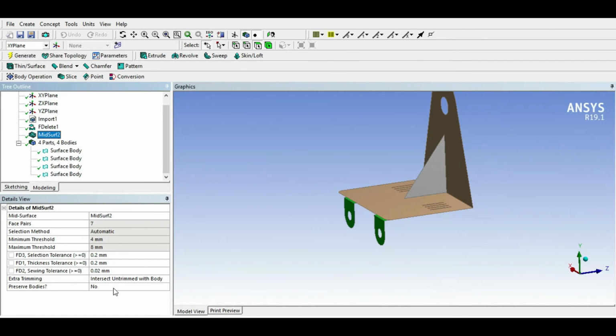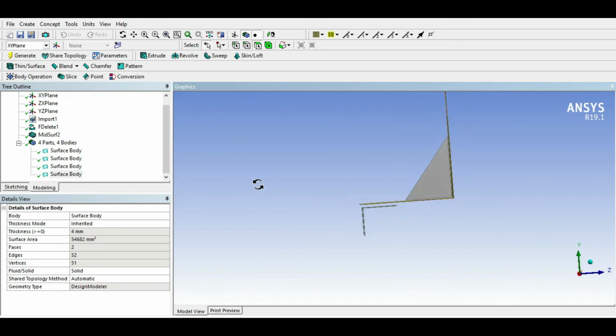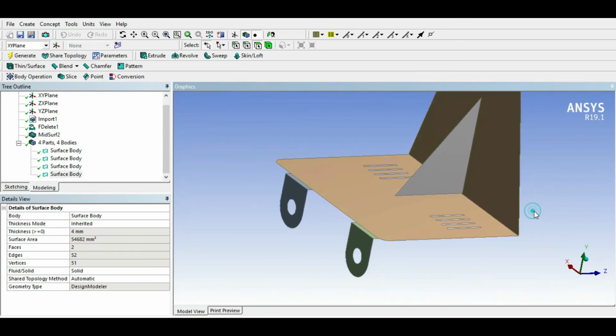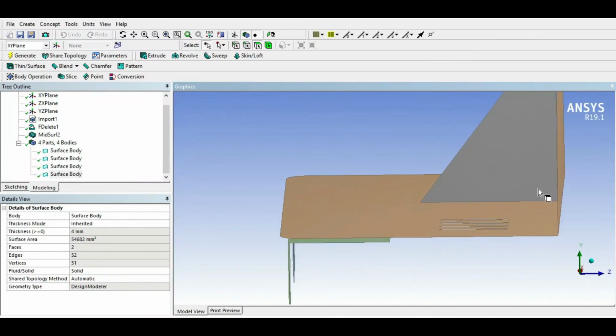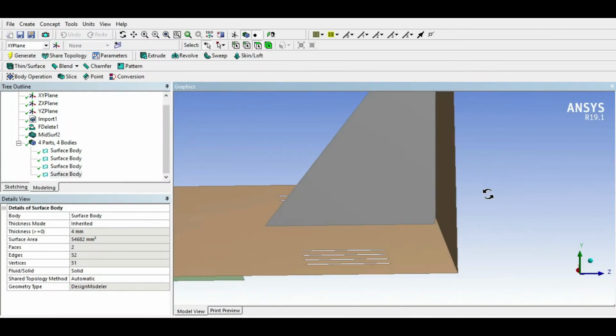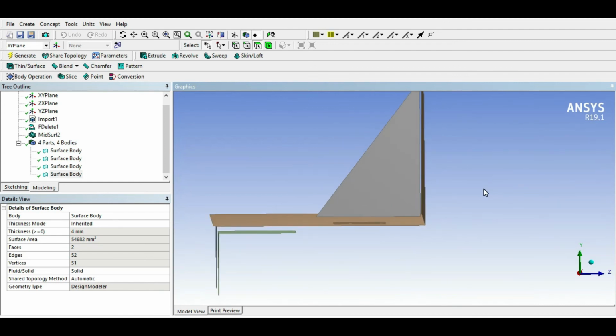But in case of the preserve body no option, it will only create 4 surface bodies. So this is the surface body created by this mid surface tool. After creating the surface body, you will find some gap between these surfaces, because there is a thickness, and at the center of this thickness the surface is created.